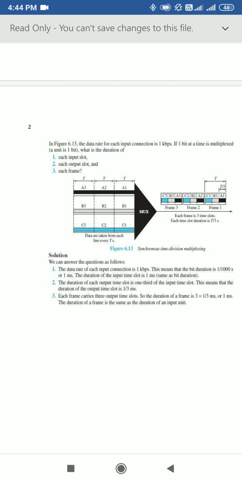And the third concept is TDM. Here, instead of dividing a link into channels, a single channel was divided according to different time slots. Again, there are two types, synchronous and asynchronous. Asynchronous is also known as statistical. In synchronous, a fixed assignment of time slots for fixed users was done, but in asynchronous, time slots were allocated on demand. And there is an interleaving concept in synchronous TDM.